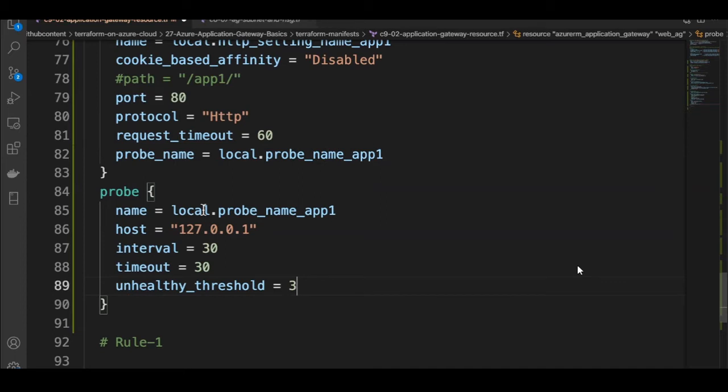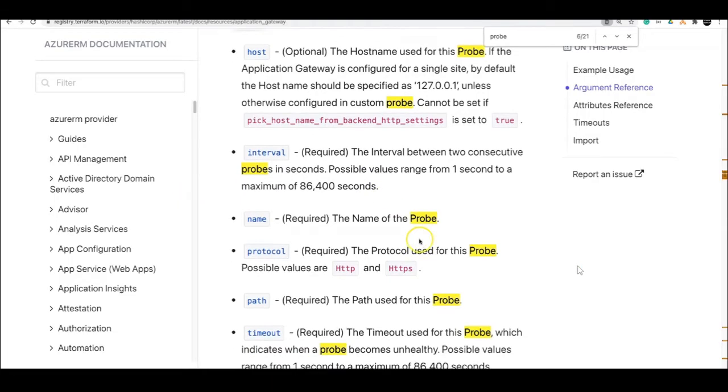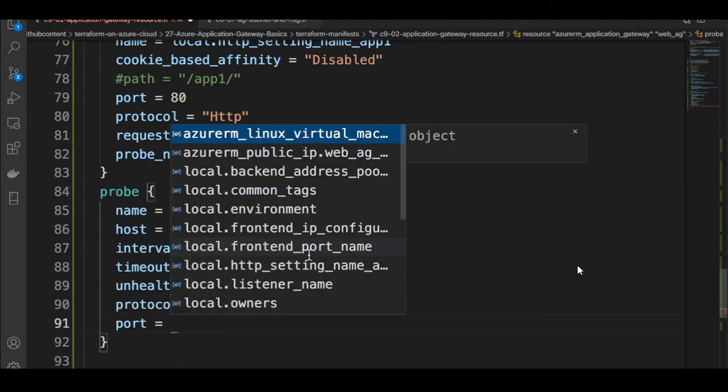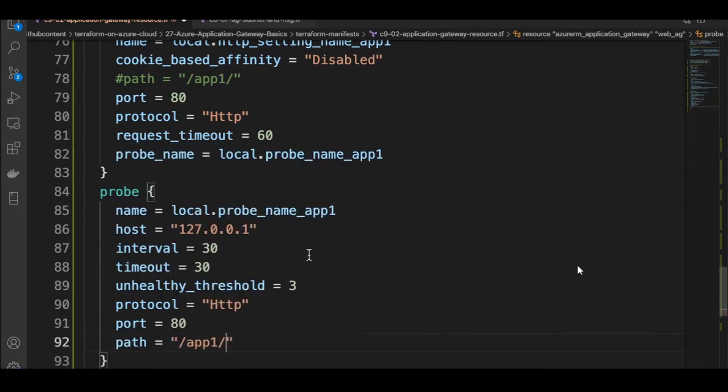So it will wait for 3 failures, and after that it will trigger the next step of marking that respective backend as down in the load balancer. The next thing is protocol, and for protocol we'll get the value from here directly, which is HTTP. We'll also have the port, which is 80, and the path, /app1/status.html, and